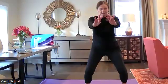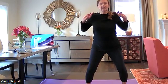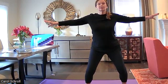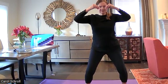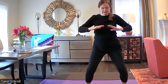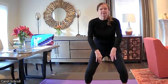Then the ring finger touches the thumb and pull in. Then you touch the pinky finger and push out. Touch all the fingers and thumb together and bring your hands in about this height. Open them up and then exhale. Bring your hands down. And let's repeat that. Breathe in